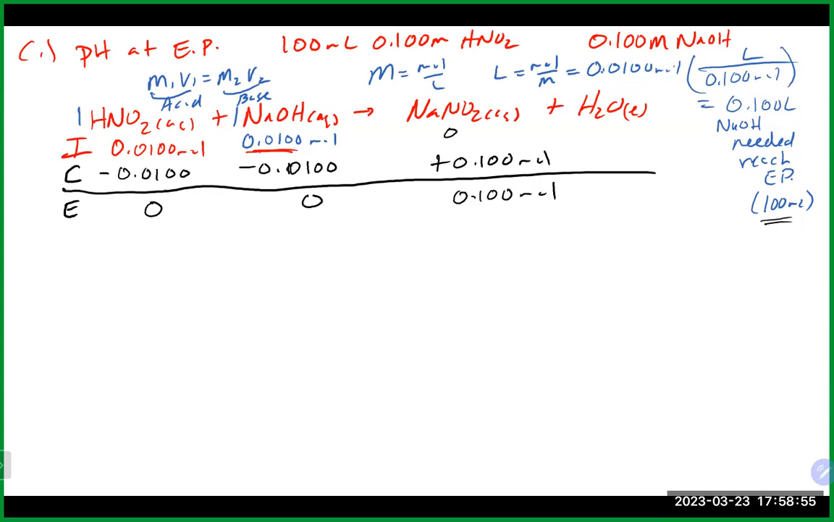At this point, we do want to convert again back into molarity, and that is where figuring out the volume to reach the equivalence point is important, because now we can see we had 100 milliliters of the acid. We needed to add 100 milliliters of the base to reach the equivalence point, which means our total volume at this point is going to be 200 milliliters. It means we're going to divide this guy by 0.2 liters to convert it back into molarity. We've got 0.01 divided by 0.2, and that's going to get us a